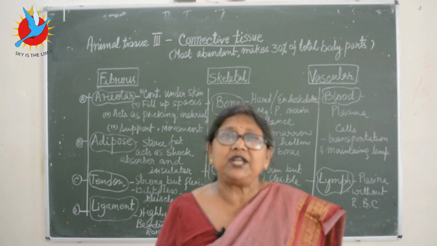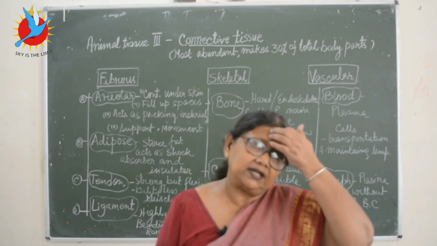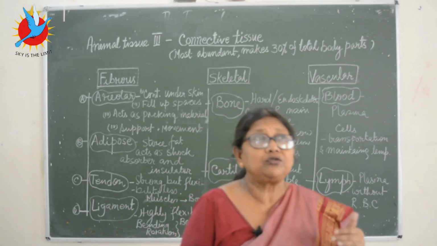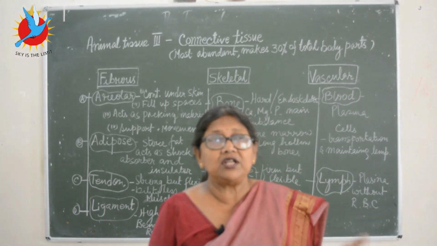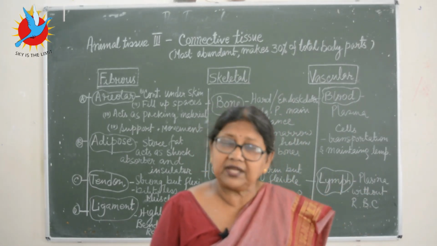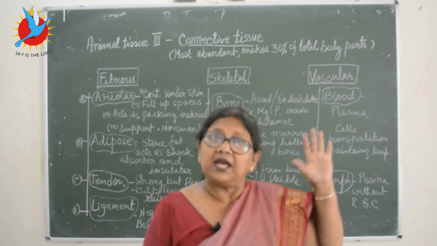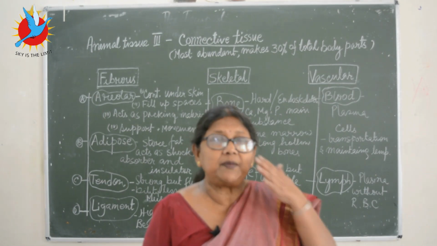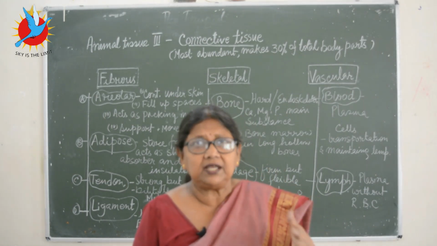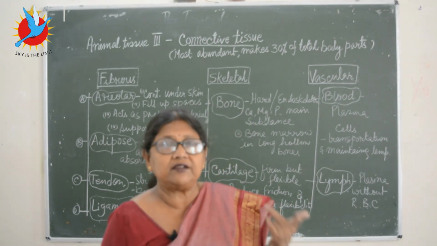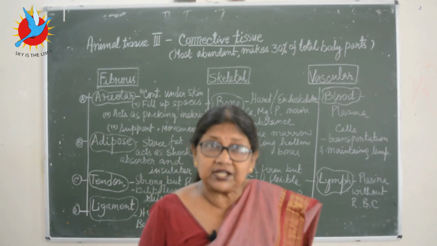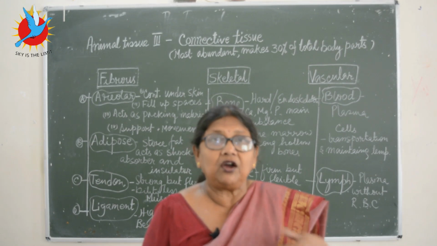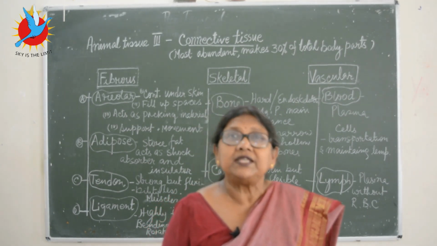Quickly I'll recapitulate what we did in the previous class, about the muscular tissue. I hope you all have gone through the lesson: striated, non-striated and cardiac, and the differences. I wrote everything on the board, you must have seen it. And the nervous tissue makes the nervous system of our body: the brain, the spinal cord and the nerves. The special nerve cells specialized for this function of response to stimuli are the neurons.